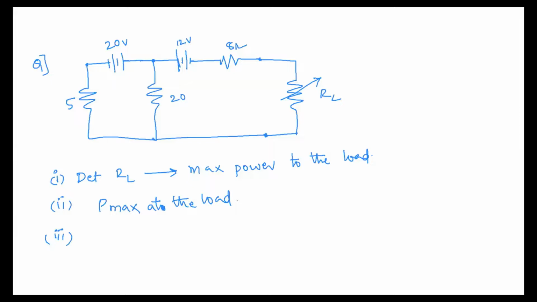In order to determine RL, first we have to find the Thevenin equivalent of the big circuit. First you remove that RL and find the Thevenin equivalent. You find RTH, then RL is equal to RTH. Simple. How come you get 8 by 3, man? That's why I'm telling you, in this equivalent resistance calculation you are very, very poor. Always you are making mistakes.